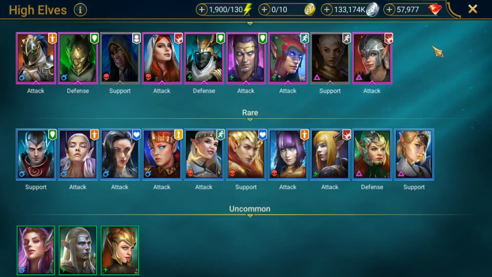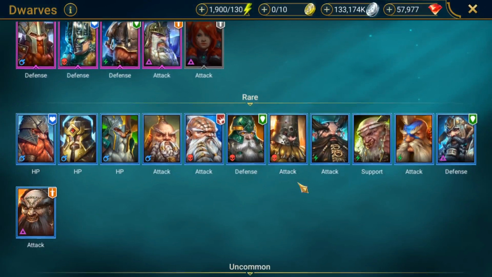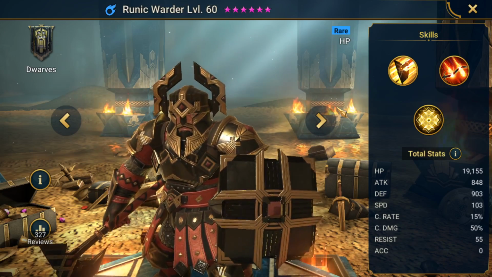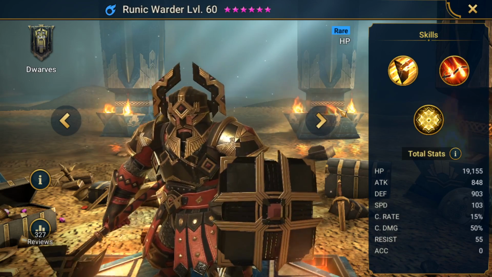All right, next up, let's go over to the Dwarves here and talk about another champion. Let's see, this guy right here, Runic Warder. So Runic Warder is another HP based champion, and this is a theme that you'll probably notice, that a lot of champions on this list here are not attack-based champions. Attack-based champions are much more gear-dependent because you need to obviously build attack in order to get more damage from them,